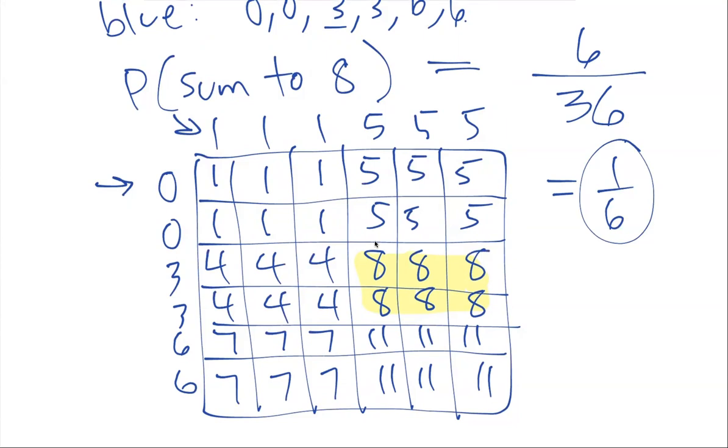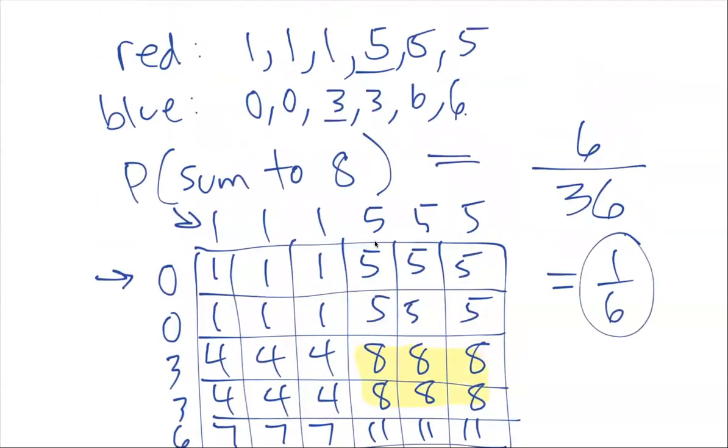The last thing that we'll do is let's now do a game where we have the red die versus the blue die. Okay, and they're going to play a game. Every time you roll the dice, the higher number wins. So in the long run, who's going to win more, red or blue? What do you think? Okay, well, again, we can